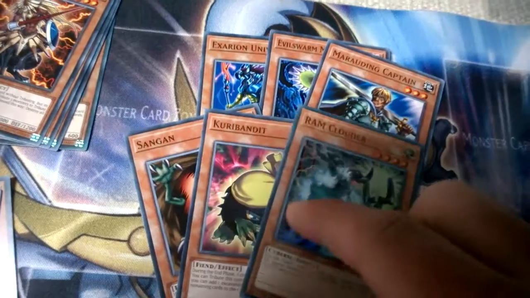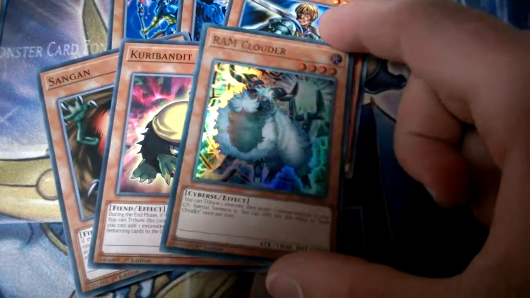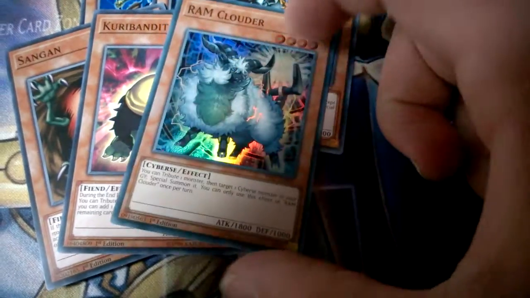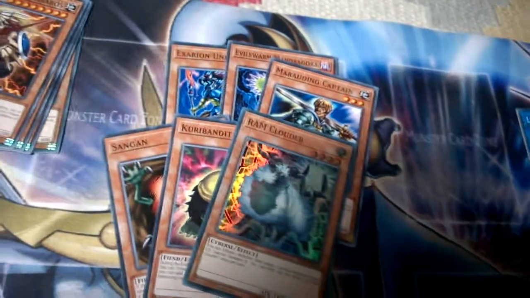I like shiny cards, and this one is Ram Clouder. Ram Clouder is tribute one monster, then target one Cyberse monster in your graveyard and special summon it. So again, great for Honeybots, which allows you to special summon monsters to both sides, which is all great and